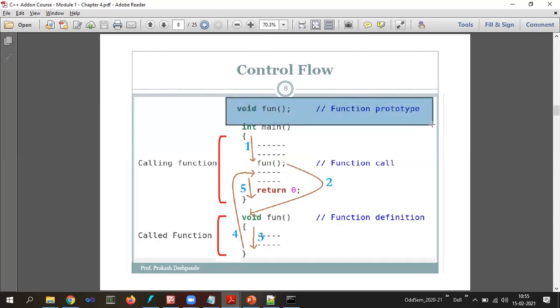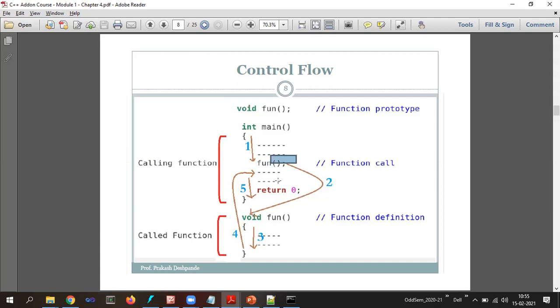the function prototype statement, then the C compiler will assume, whenever it encounters a function call statement, that there is going to be a user-defined function by the name specified in the function call statement, with the parameters specified in the list of parameters in the function call.